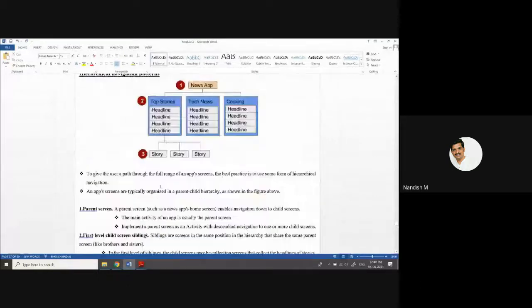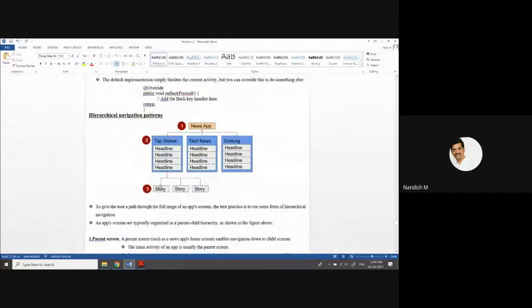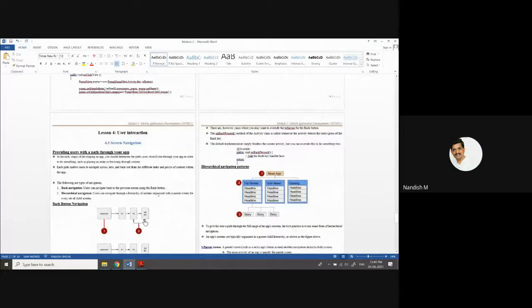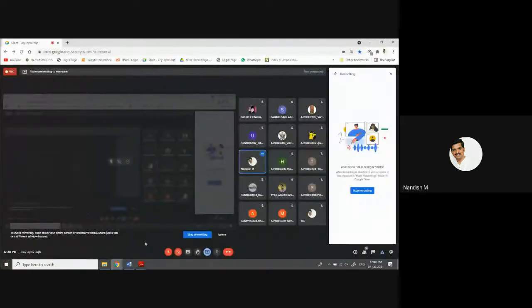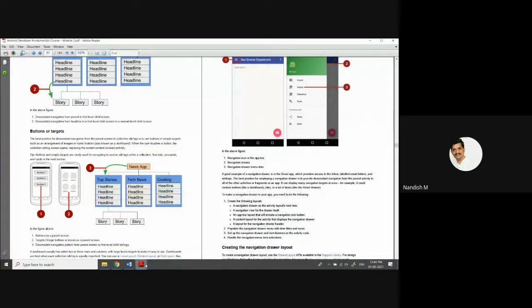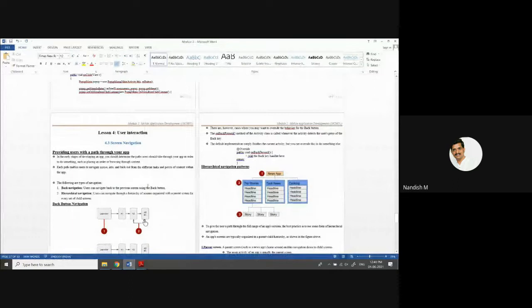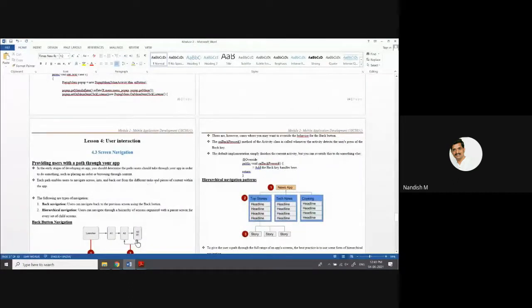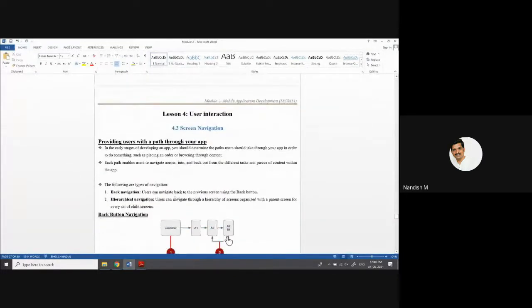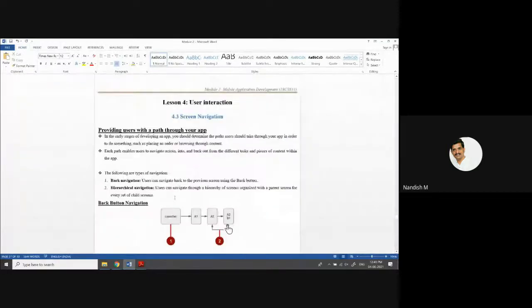In the previous class, we have completed the discussion on pop-up menus. Now we are moving to screen navigation. How to move from one screen to another. If you have so many activities,